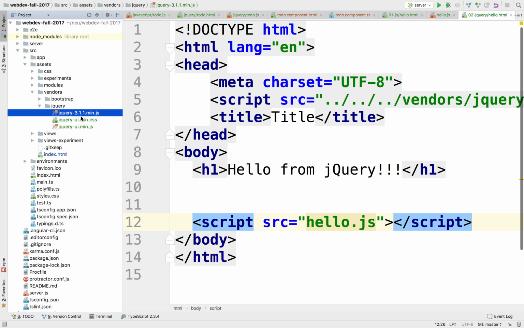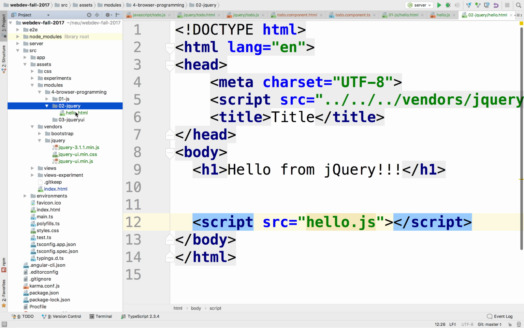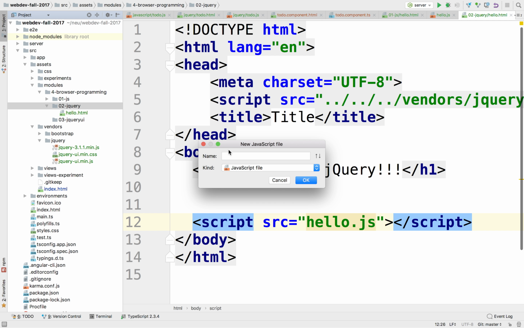So let me add it. Let's see, modules, jQuery, hello. Let me add this JS here, new JavaScript. So this is hello.js. Refactor, rename, JS. There we go.